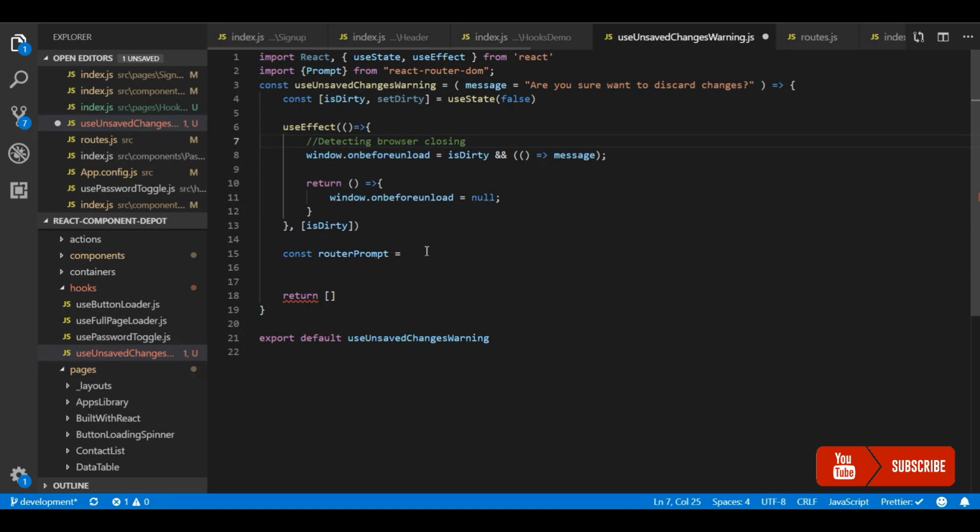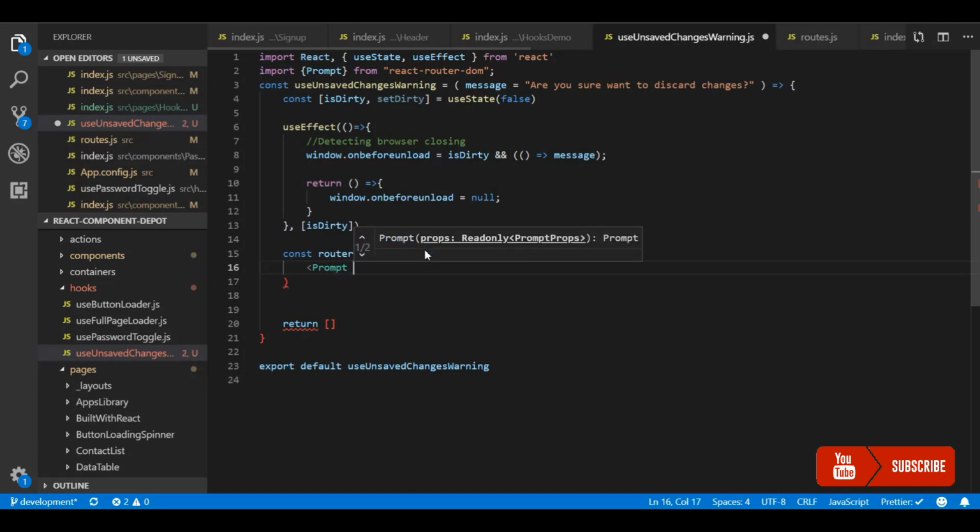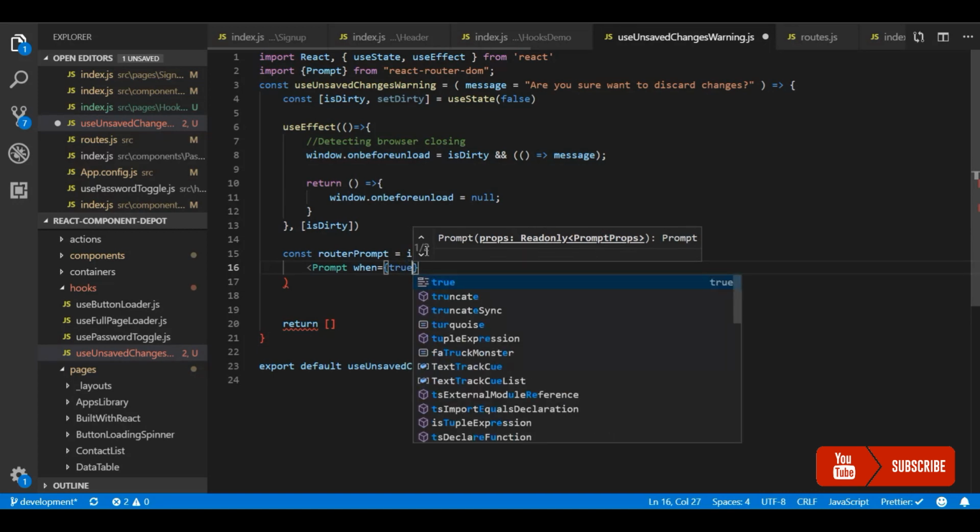Now I'm going to render this prompt when it is dirty, like we did for window.onbeforeunload. So if it is dirty, I will return the Prompt, which will accept a property called when. When is used to instruct the prompt when to show. It's like show true or false.